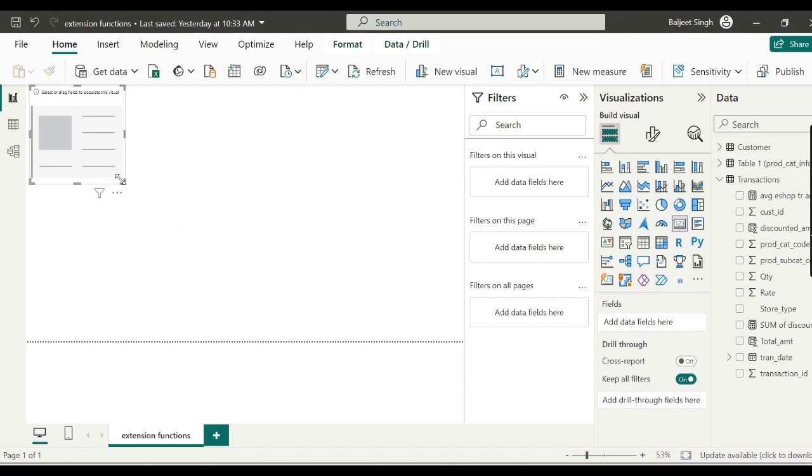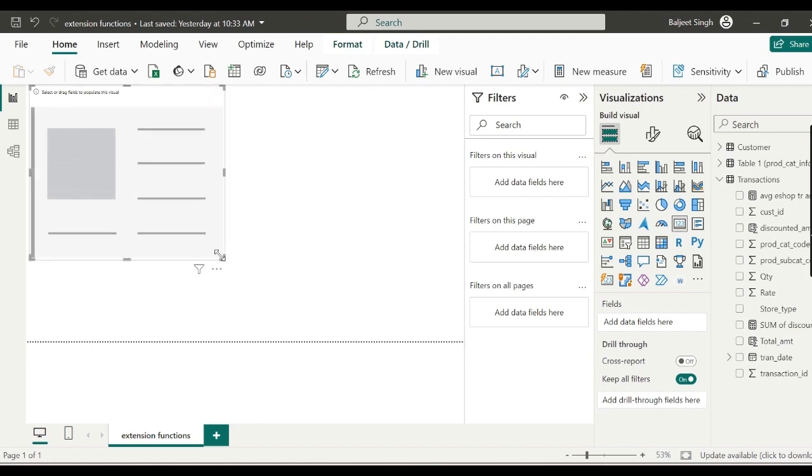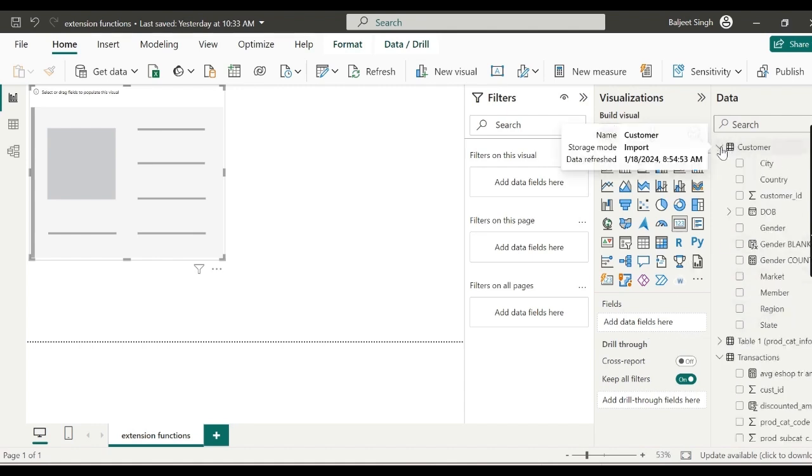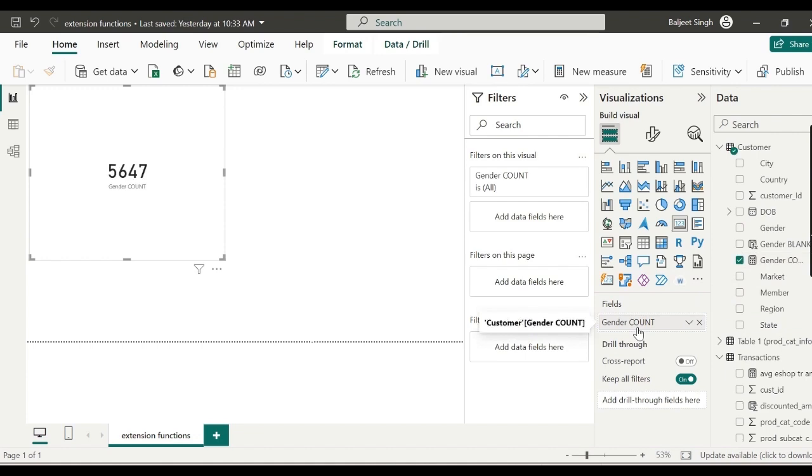And what I will do, I'll just make it here, and I just drag and drop to its fields the gender count measure. Where is the gender count measure? It's here, and yes, so you can see it showing the value 5647 corresponding to the customer, but we know that